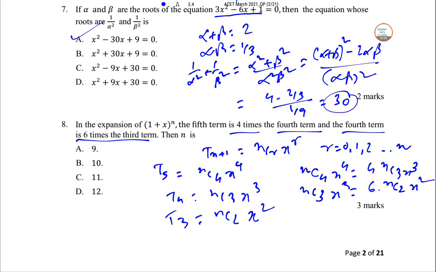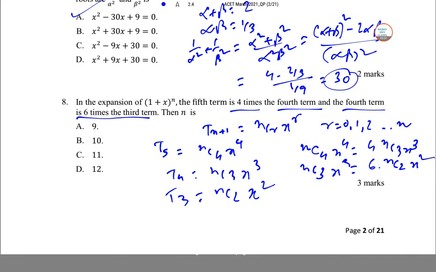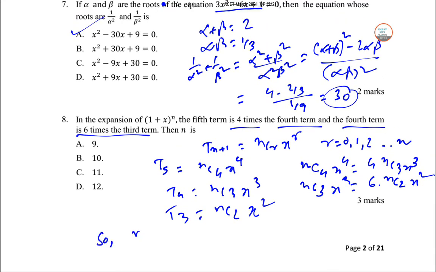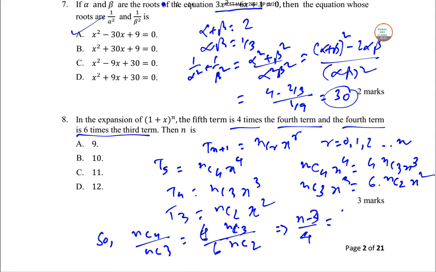So here we have NC4 by NC3 equal to 6 into NC3 by NC2, 4 into this and 6 into this. Okay, so considering n minus 1, n minus 3 will come here by 4, and 2 by 3, n minus 2 by 3. You can solve it and you can get 3 3s are 9, 4 9, 9 8 by 9,